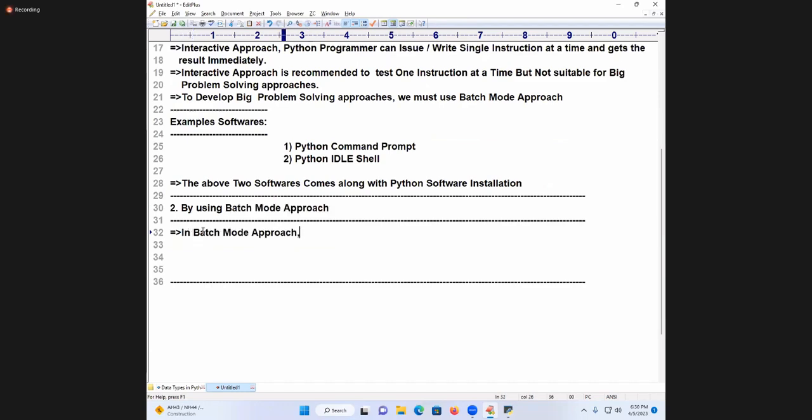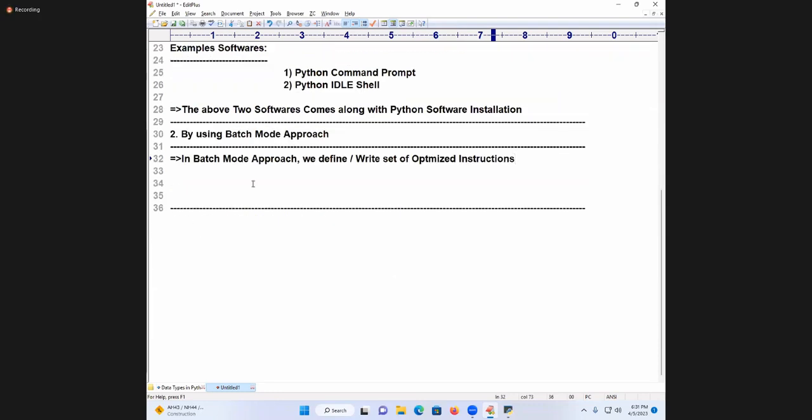In batch mode approach, we write a set of optimized instructions in an editor. What is the editor? I will show you. In an editor, and